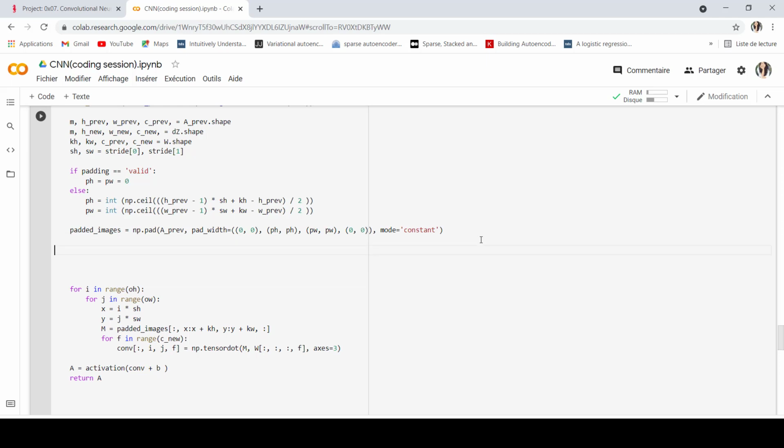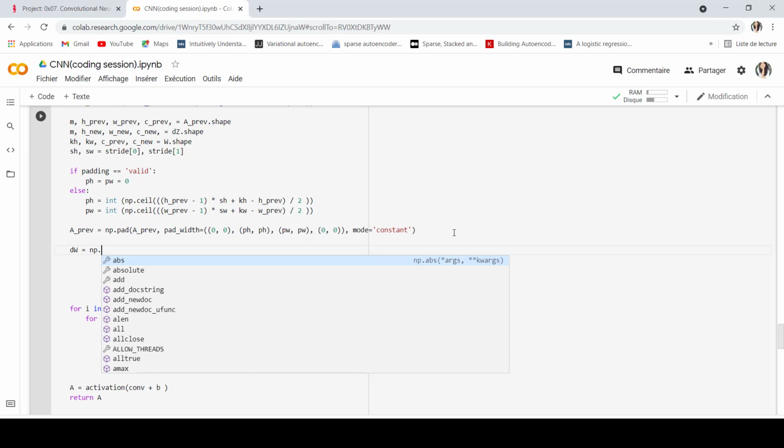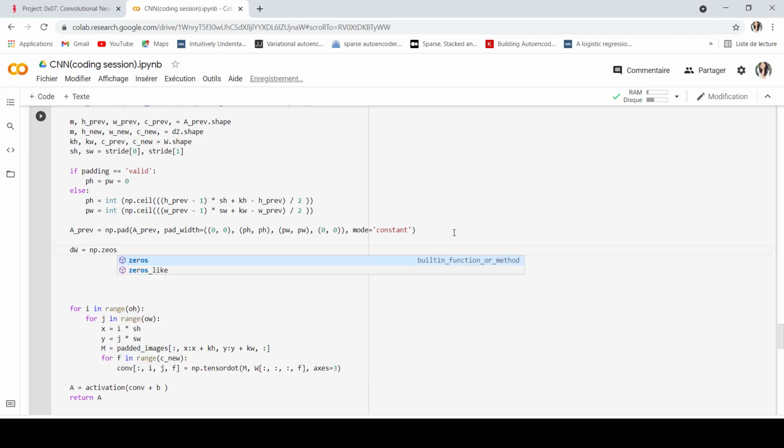I should now initialize the derivatives that I'm going to calculate. I'm going to call this A prev, so it's going to facilitate the derivation later on. So let's start with initializing. dW will be np.zeros_like, so here I'm going to fill a matrix with the same dimension as W with zeros.